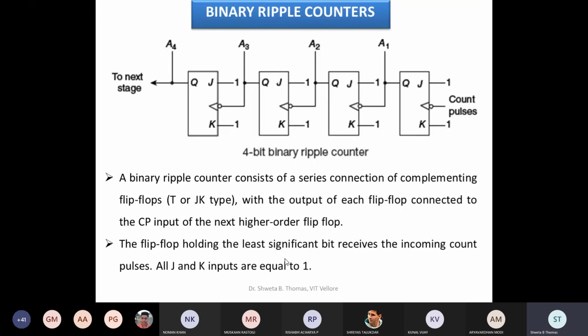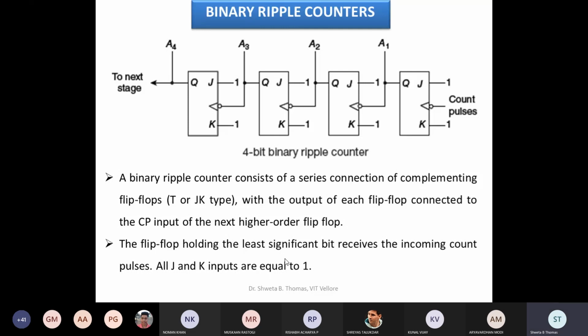If you remember, for JK flip-flop, when both J and K are equal to 0, there is no change of state. When J is equal to 1 and K is equal to 0, it shows the set state, meaning whatever is given will be transferred. Now, if J is equal to 0 and K is equal to 1, it is reset. And when both are equal to 1, it acts in the complement state, meaning Q will become Q complement. Whatever input you have given, the output will be complemented.